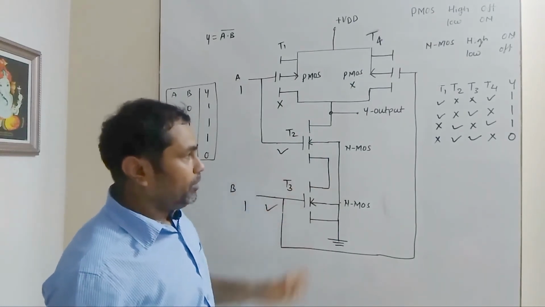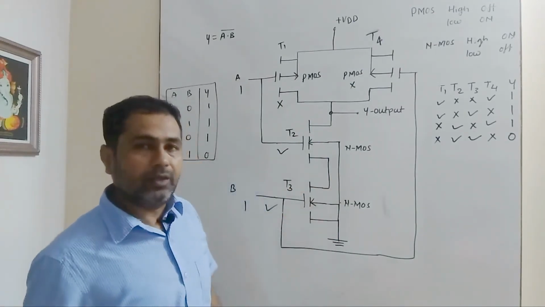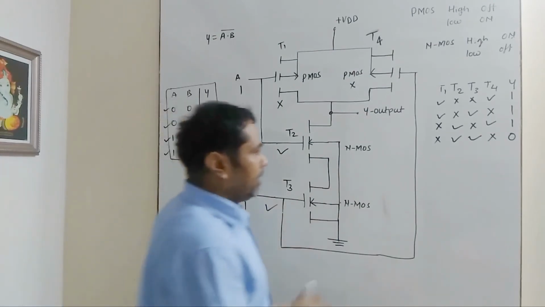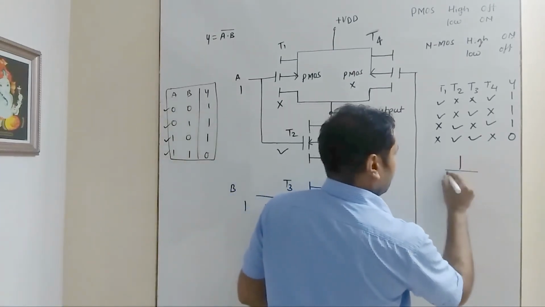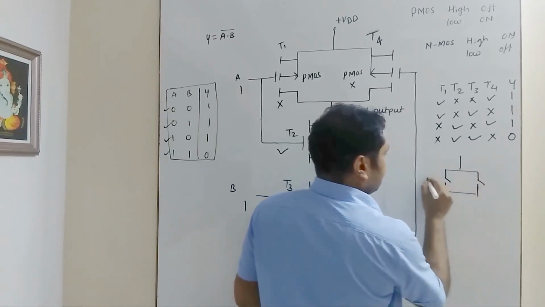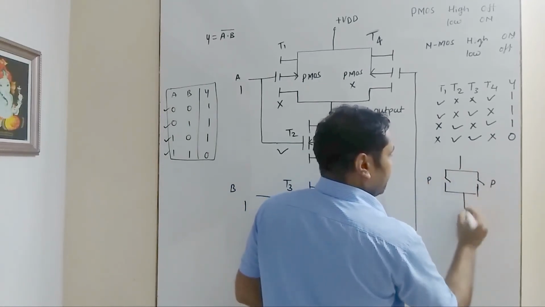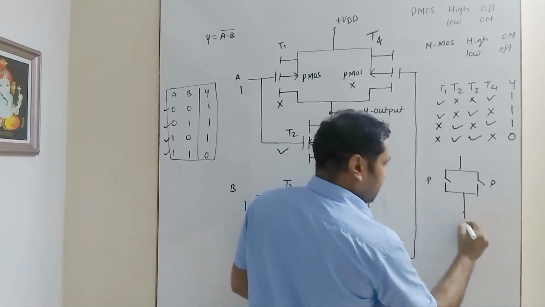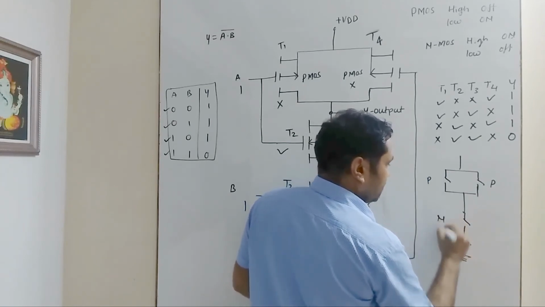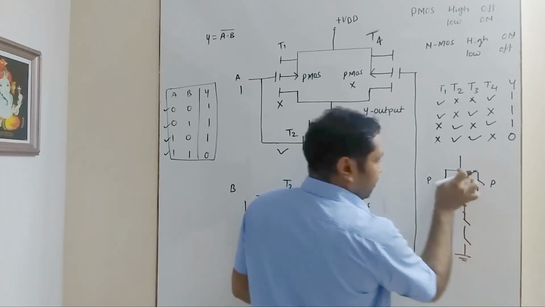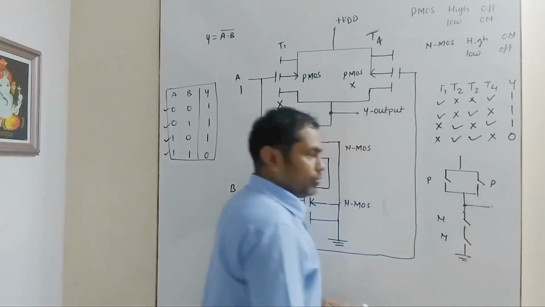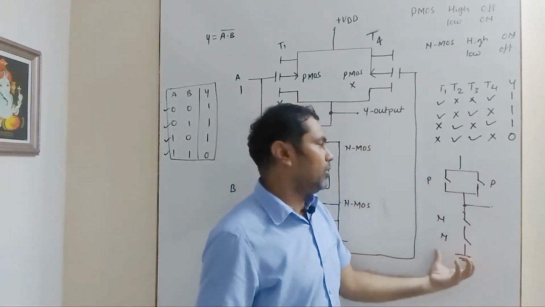If it is not possible, this same circuit can be redrawn or remembered using a shortcut method like this. Suppose these are your switches. These two switches are of P type and they are connected in series with the NMOS switches. So this is N type, this is N type, with parallel and series connection. In between this connection, they are taking the output. So we can easily understand the working of this circuit also.